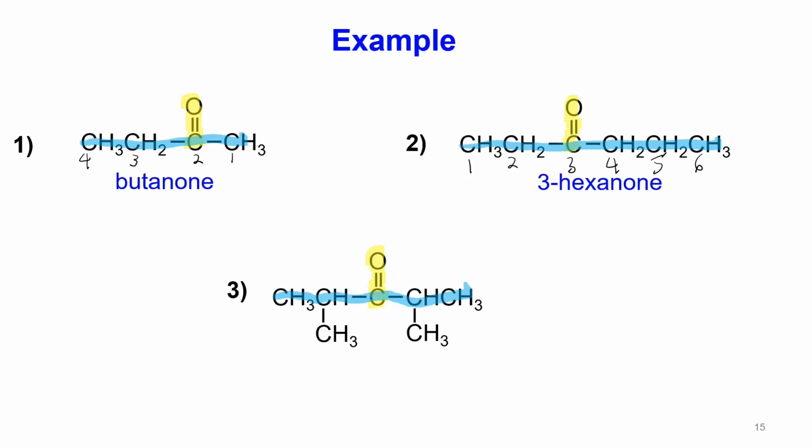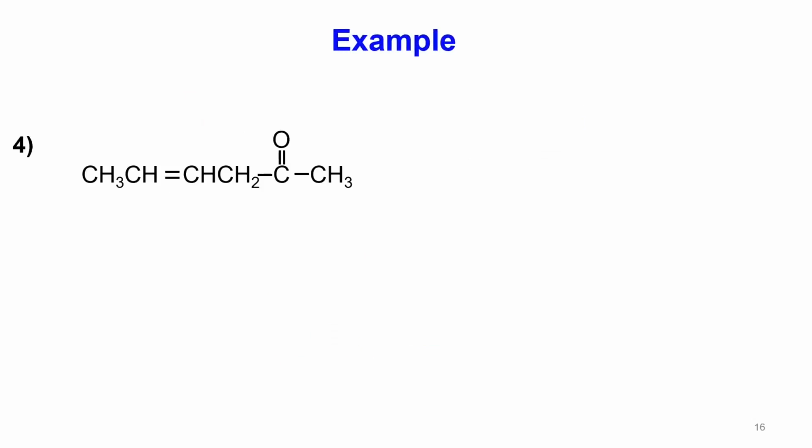According to the structure, we have 2 substituent groups, which are methyl groups, attached to the parent chain. So the IUPAC name is 2,4-dimethyl-3-pentanone. Example 4. According to this structure,